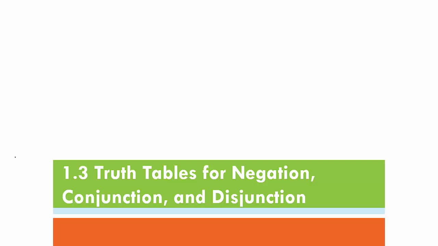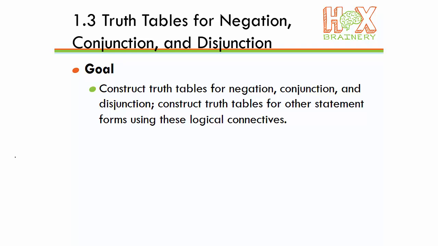Hello students, so in this video we're going to go over section 1.3, truth tables for negation, conjunction, and disjunction. And in the next section 1.4 we'll finish up the truth tables for the conditional and biconditional, but I did want to break up the truth tables into two sections. So our goal for this first section is to go over the truth tables for the negation, conjunction, and disjunction